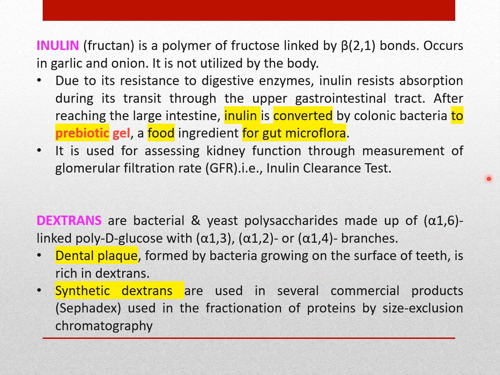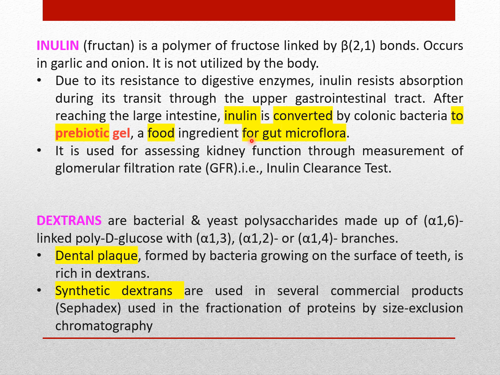So here we complete the polysaccharides by describing inulin and also dextran. Inulin is a fructan and it is a polymer, linked together by beta 2,1 bonds, and found naturally in garlic and onion. It is not utilized by the body, which is good because it's actually utilized by microbes, bacteria that are found in your gut,